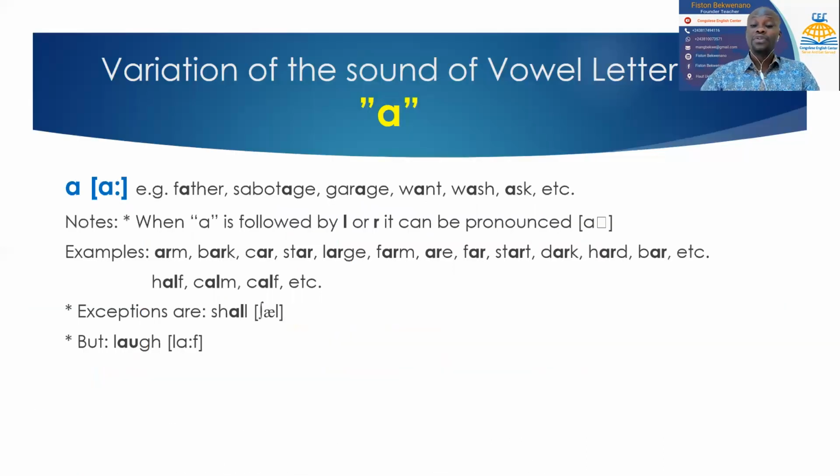We have also the letter a as a vowel being pronounced a. This is the case where we see in some examples like the word father. Say father. That's with the a pronounced like a bit prolonged a, like father. We have sabotage. We have garage. We have want. In some other cases they pronounce it like want, like especially in the